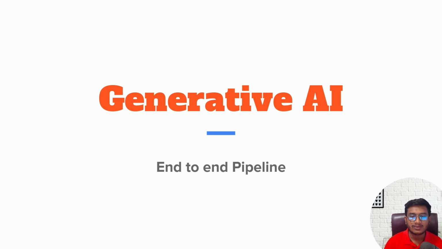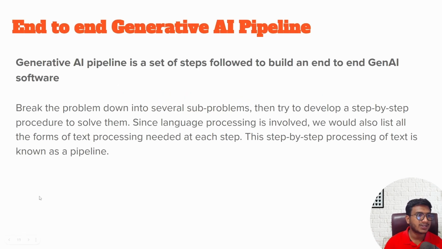See, it's not like whenever you get a problem statement from your company, or receive the data, you will directly apply the model on top of it. Before applying the model, we have to perform some specific tasks, okay? Those step-by-step tasks are called a pipeline. A generative AI pipeline is a set of steps followed to build an end-to-end Gen AI software,